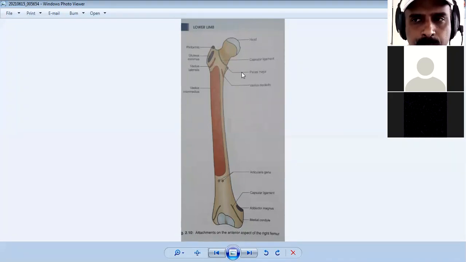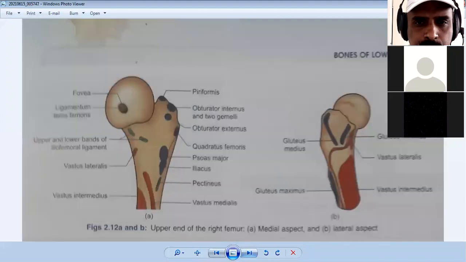So here we have come across the neck shaft angle. I have told you about the neck, then the neck shaft angle. Then you have to remember the angle of femoral torsion, about 15 degree. Then going to the next part, we have the greater trochanter. You have to remember the greater trochanter in the upper end.